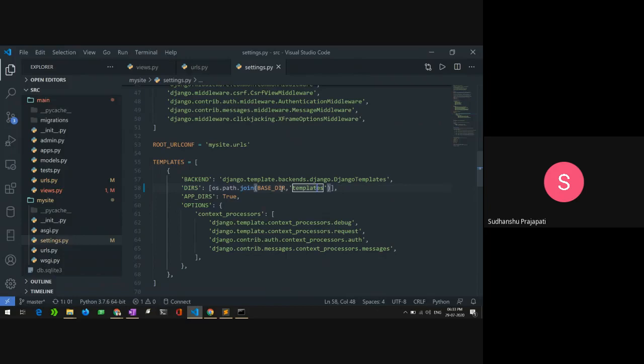So we need to specify it inside DIRS inside the templates.